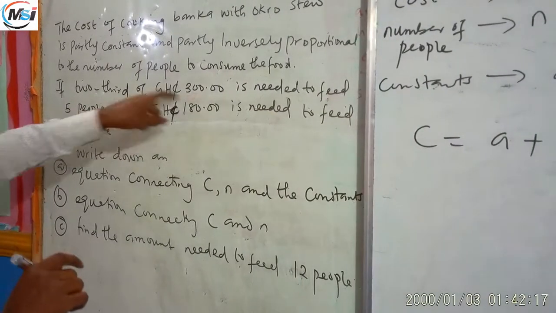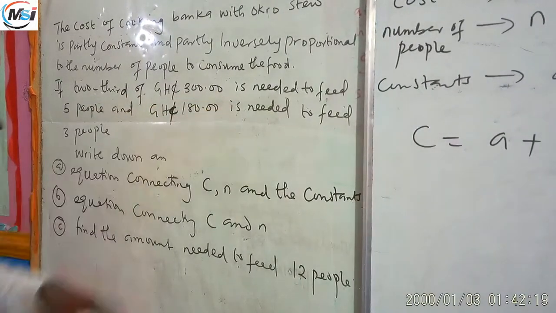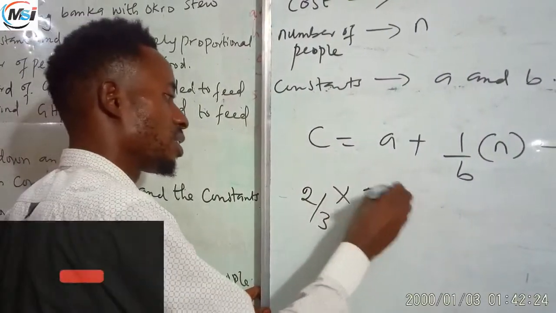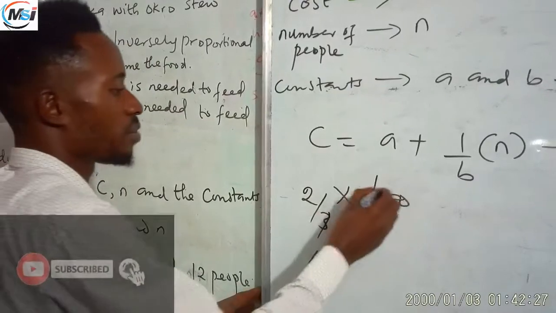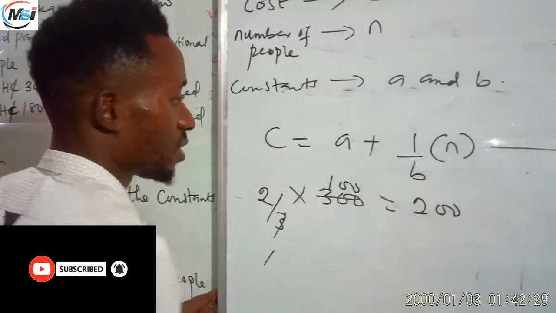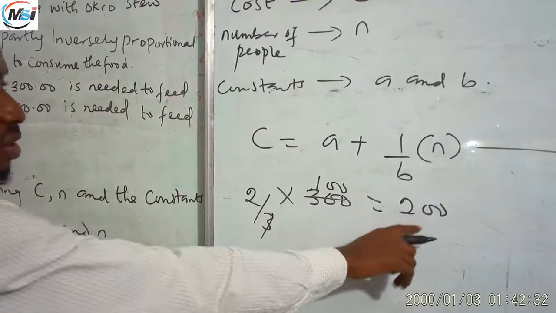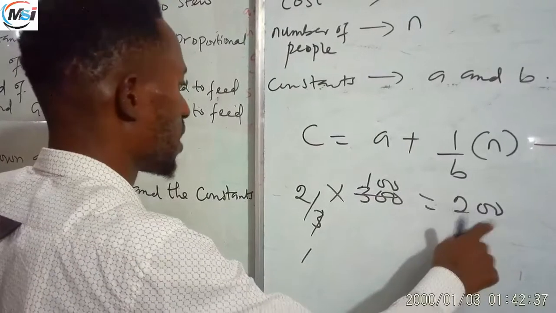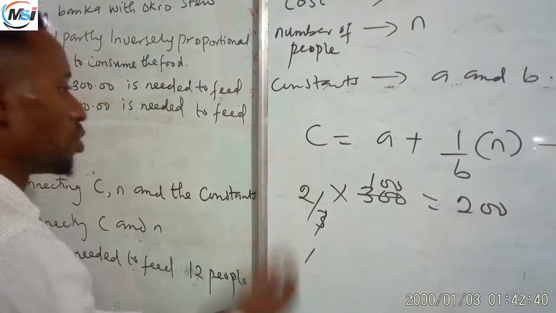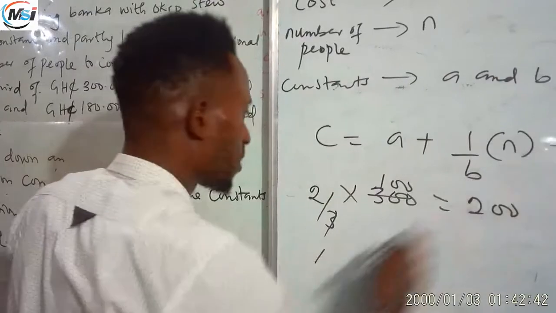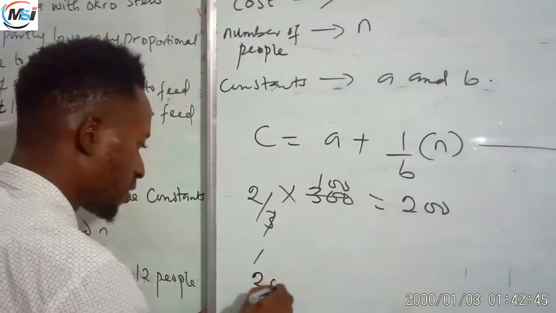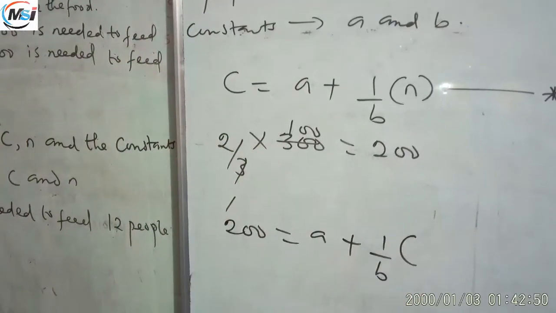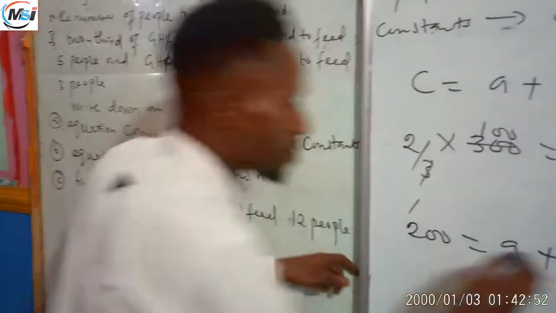Okay, fine. If 2/3 of 300 Ghana cedis, we have to resolve that carefully. 2/3 of 300 Ghana cedis: 3 and 300 give you 100, and you have 200 Ghana cedis. So you have to work this out. Understand this. 2/3 of this will give you 200 Ghana cedis. That's the cost. So 200 Ghana cedis for A plus 1 over 2B can feed how many people? Can feed 5 people, which is the number of people, 5.